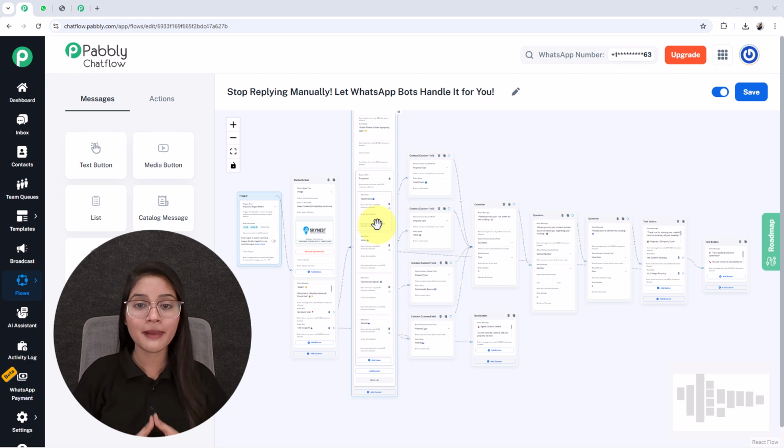Are you still replying to every WhatsApp message manually? If yes, then you are losing time, customers and growth every single day. So in this video, I am going to show you something truly powerful: a fully automated WhatsApp chatbot created using Pabbly Chatflow that handles customer queries, schedules visits and responds instantly without you